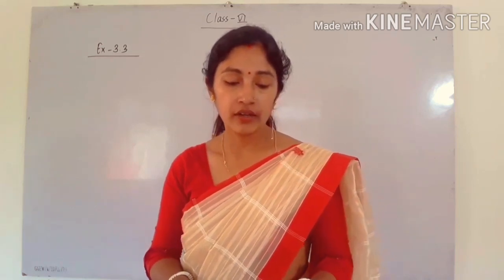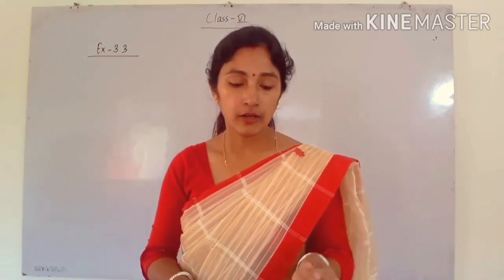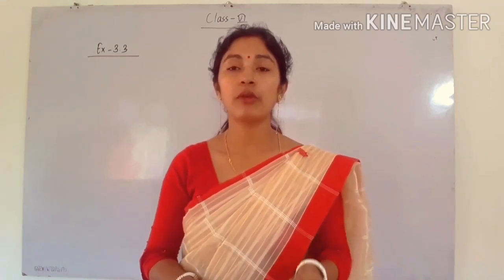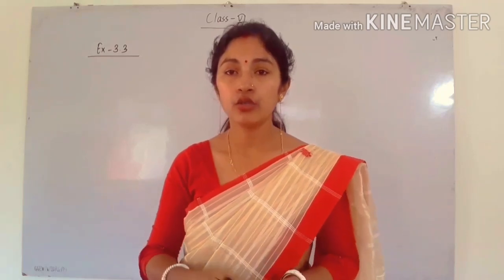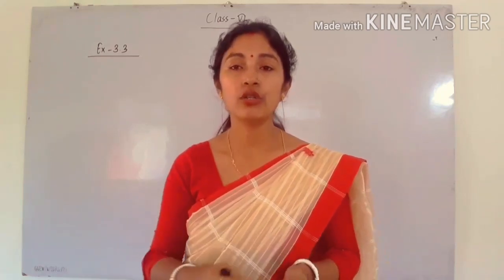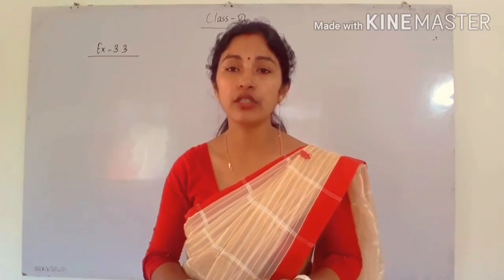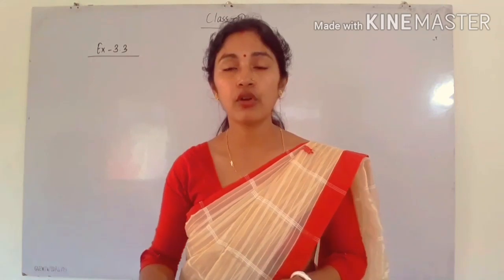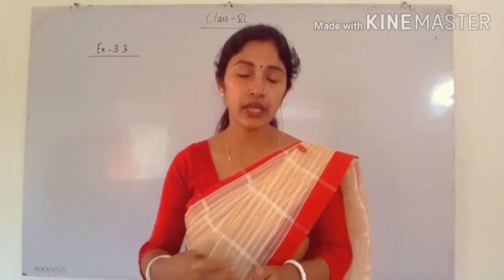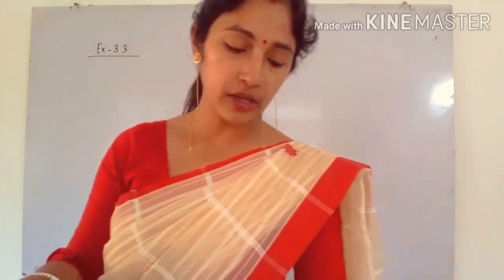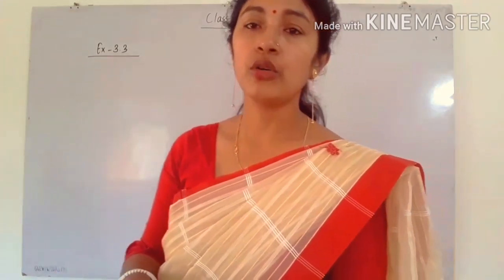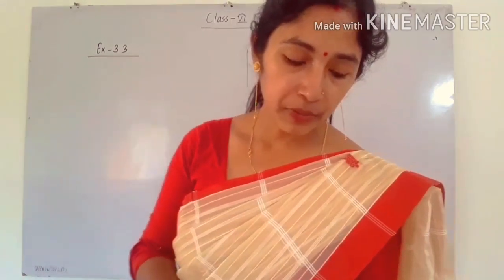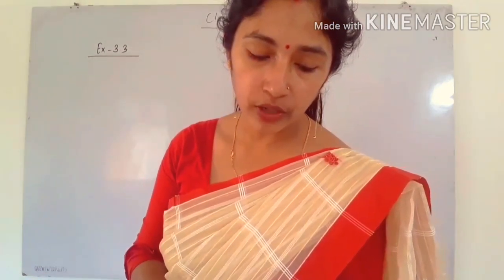So here we can easily see, we know which numbers are multiples of 2. First of all you have to multiply 2 with 1 to get the multiples. So 2 into 1 will be 2. So the first multiple of 2 is 2. Next you have to multiply 2 with 2, so you will get 4. Like that you can also remember the table of 2, and by that way you can get the multiples of 2. So this answer will be 2, 4, 6, 8, 10. Next, question B. What are the multiples of 2 between 31 and 41?